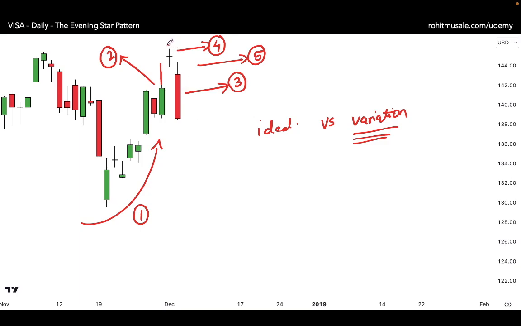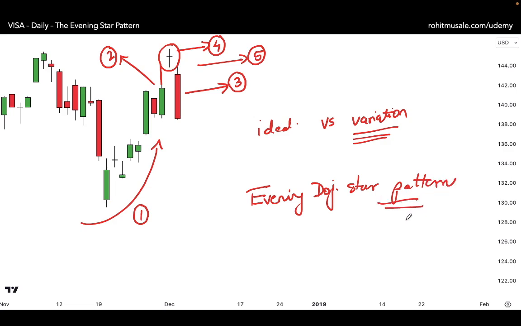Moreover, since this is a doji candle, opening and closing are the same, so this is called an evening doji star pattern, rather than an evening star pattern. Very, very bearish. Condition number 6 is that the third candle should close below the midpoint of the first